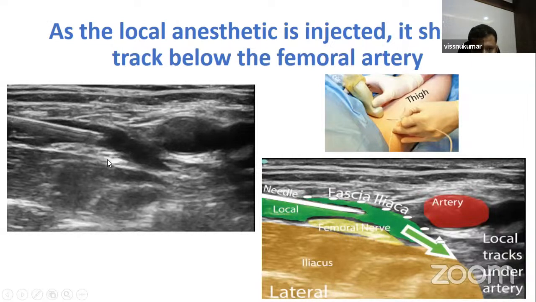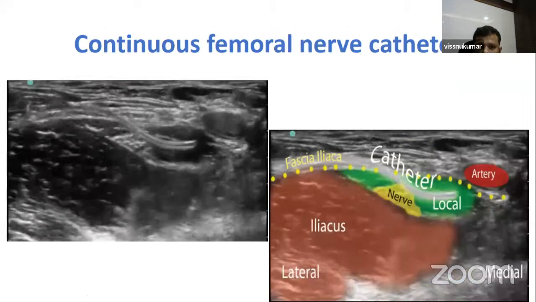Now if you want to place a continuous femoral catheter, you can use an 18 gauge Tuohy needle, and you can insert the catheter once we identify the femoral nerve. And once you give local anesthesia, again you have to be sure that the local anesthetic pool is present below the artery. Okay,